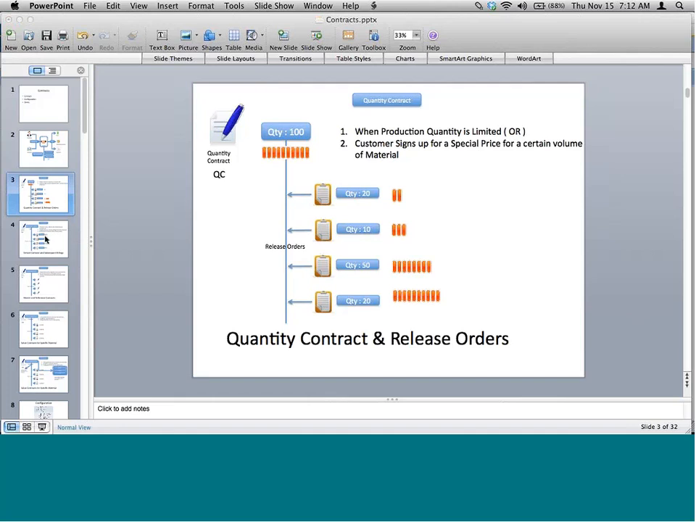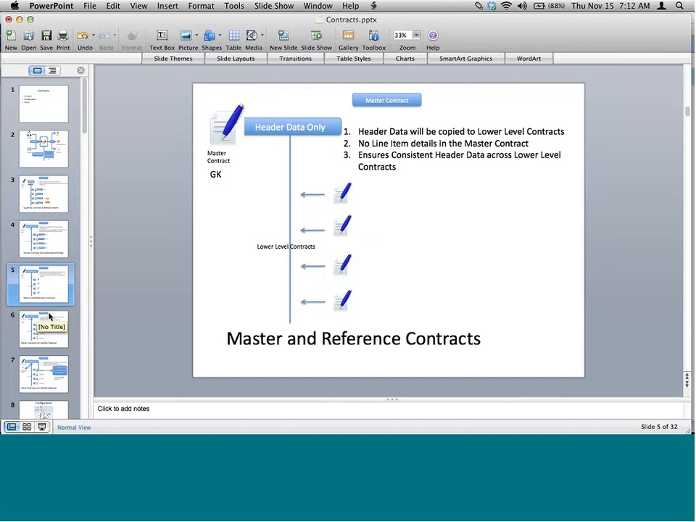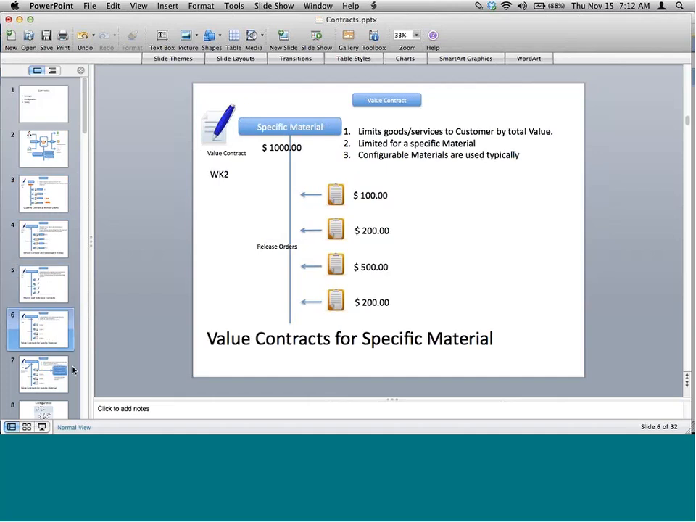All right. Moving on to service contract. Let's actually not go to service contract at this point, but rather go to value contract. This is the next important contract type. What is a value contract? A value contract